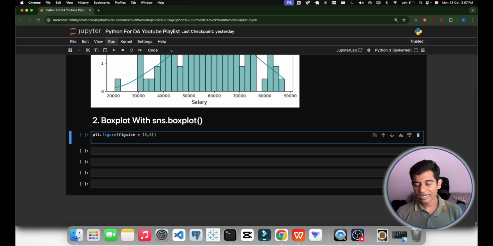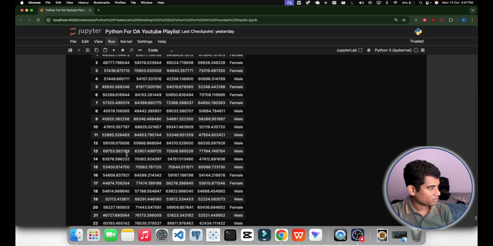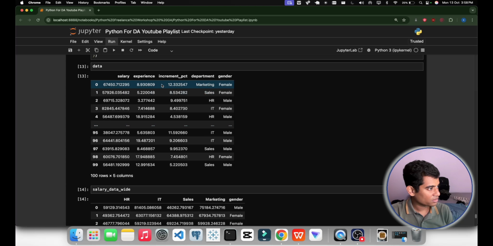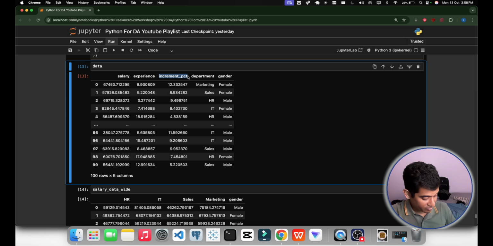Now we will write sns.boxplot. In this, what will we have? We will have x, y, data, and palette. So x equal to department, y equal to increment PCT.